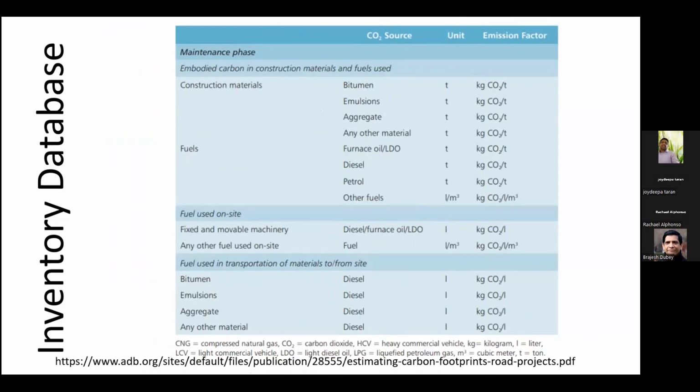And then in the maintenance phase, different construction materials, almost similar to your construction phase, will be there. Materials, fuels, any fuel used on site, and fuels used in transportation also have to be considered. And the same applies if you are using RAP material, recycled asphalt, with the full depth reclamation technology. So it is in situ, which means on site. So you have to develop your boundary. This shows an example template sheet for your complete project.